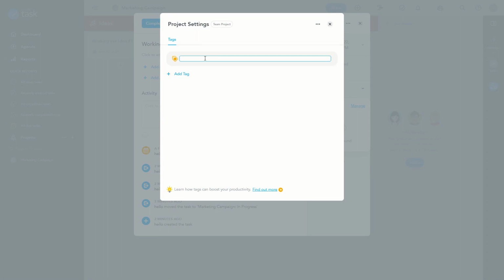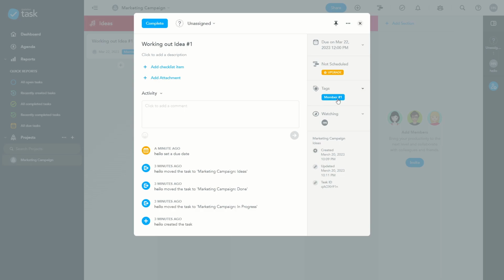So we could create a tag for every member in our team, for example, or create a tag about a specific topic or specific tasks. In this case we could name it after our team members, so we can make a tag member #1, so we can know the first member of the team has probably been working on this task if they add the tag to that. And so you can assign tags to the task, and on the left you can also